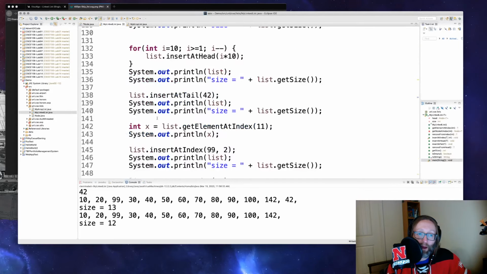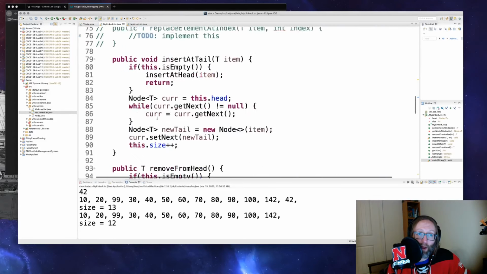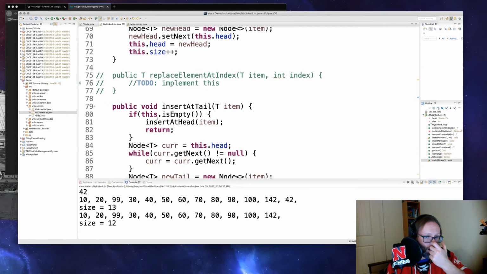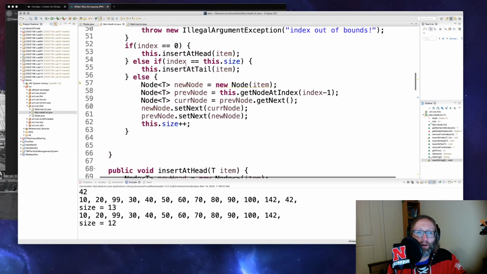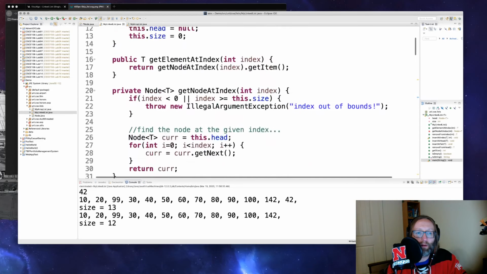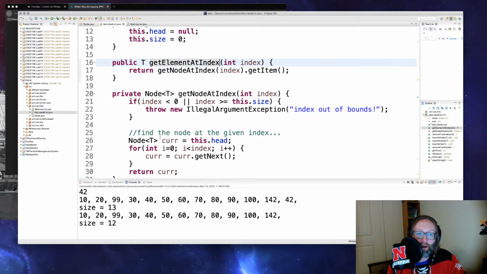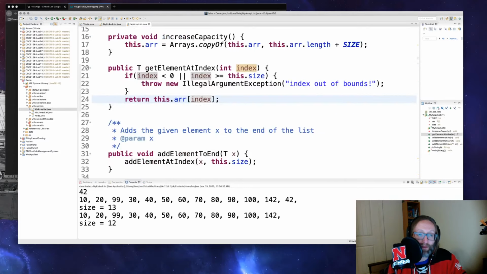Over here, getting an element at an index basically involves a loop. If you want the millionth element, you're going to be traversing 1 million times, right? So it's 1 million times as costly as in an array-based list to find that element,